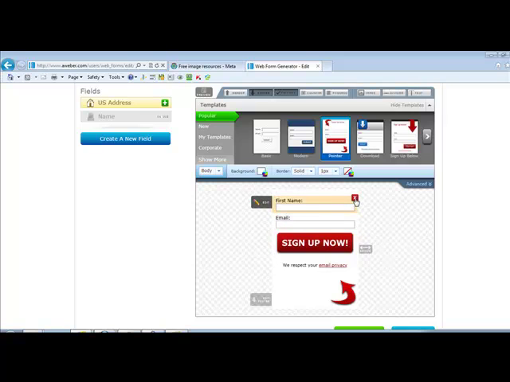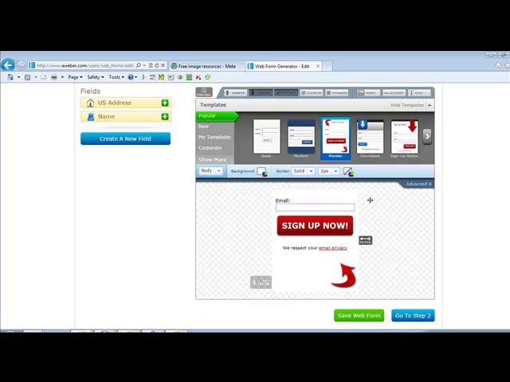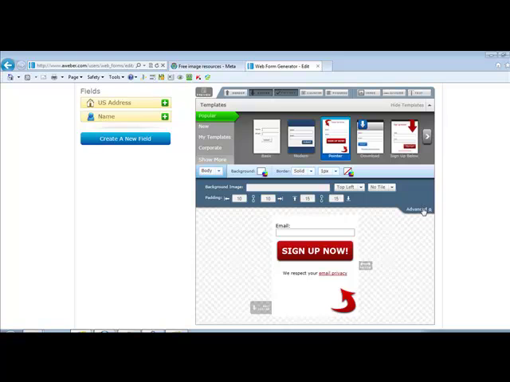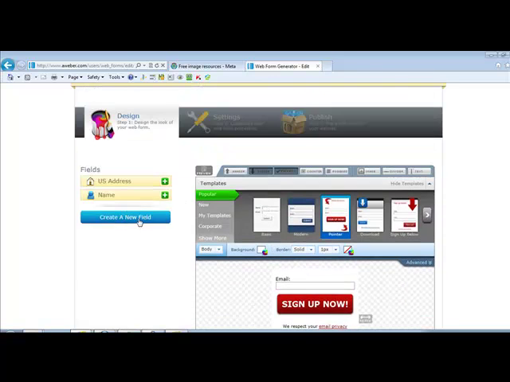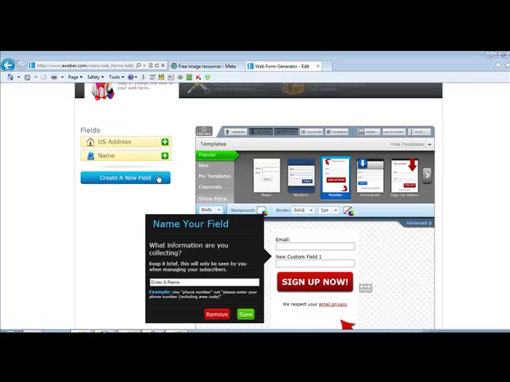You could also just go with just an email if you wanted to, and you can choose that option right there if you wanted to do that. So again, it's very, very basic. If you want to add in a new field, you can actually go here, choose create new field, and let's say, for example, first name,